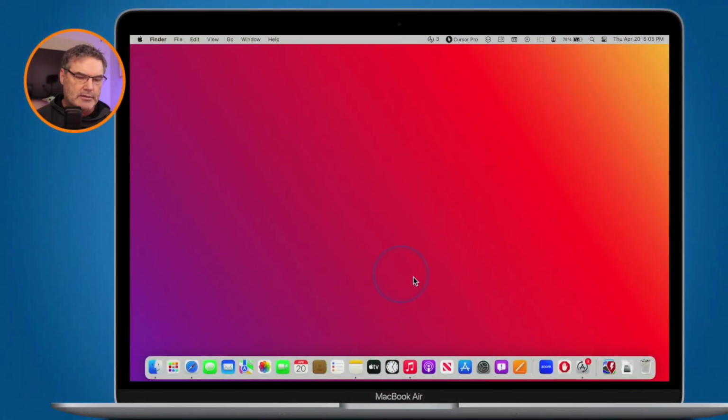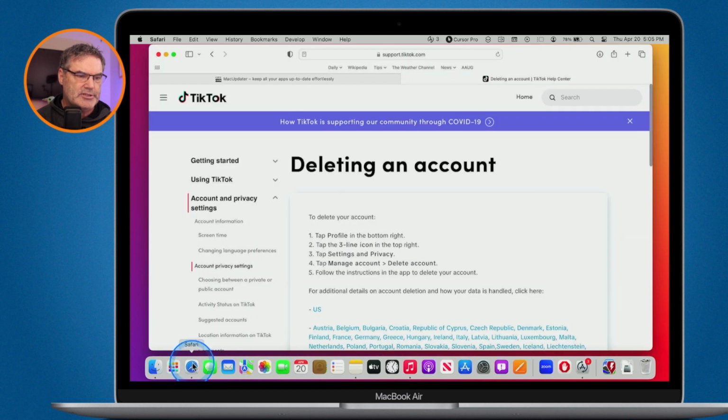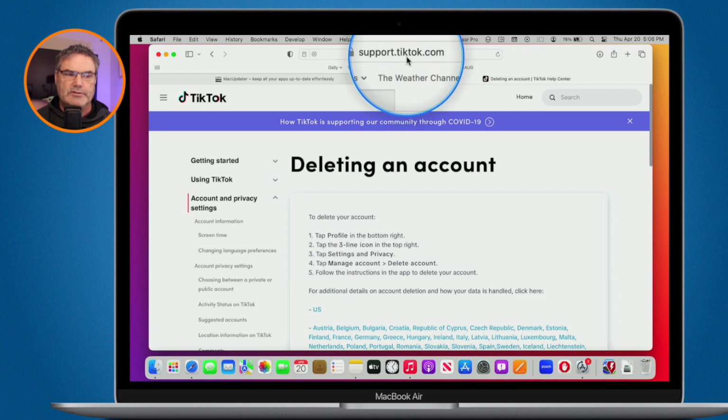So I'm going to go to my MacBook Air here, and I have it pulled up in Safari, TikTok. And basically what I did is I just searched. So Bonnie, if you watch this later on, all you have to do is just search for remove application TikTok or delete an account in TikTok. And this is what you're going to come to, hopefully, supporttiktok.com. And what I'll do is I will put this in my show notes. I'm trying to keep show notes as well. So if you watch this later on, you'll find a link to this on my website.